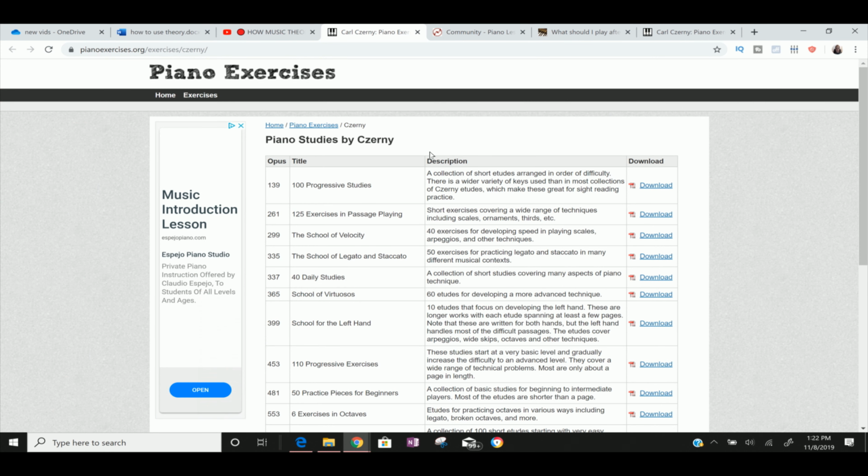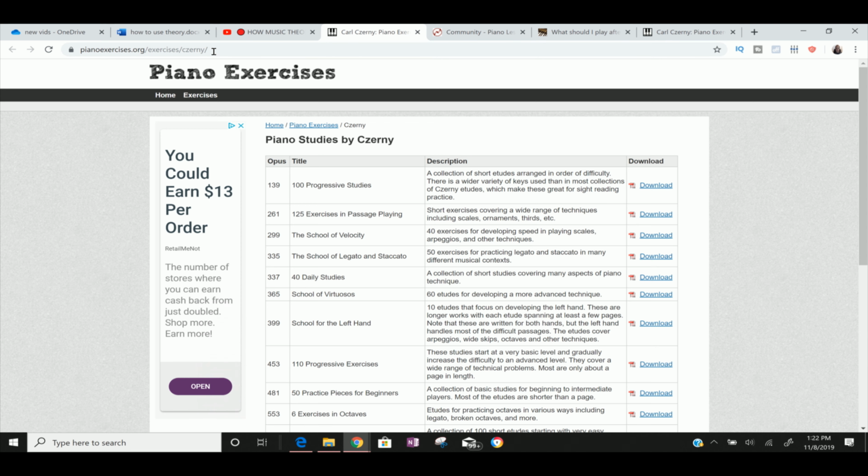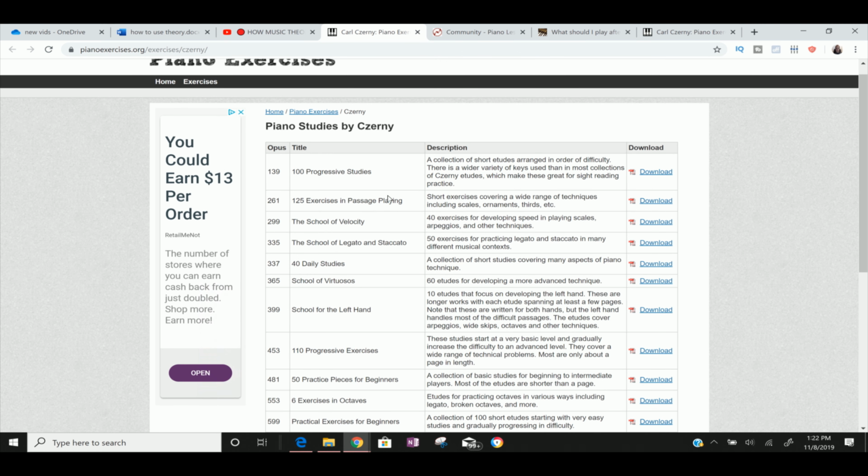If you click on the link and it says page can't be accessed, highlight the top bar and hit enter, and that fixes it. They have some kind of thing that prevents linking on their page, which I think is dumb because you want people to know this stuff, right? Anyway, here's the point. This page is actually all the piano studies by Czerny, or at least a good chunk of them.